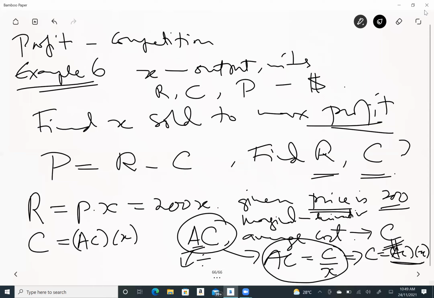So I put here, that will be equal to 80 plus X multiplied by X. If you do that, you get 80X plus X squared. That is the cost. Now I have revenue, 200X. Cost is 80X plus 80X plus X squared. So therefore, we get the profit. So profit now is equal to 200X minus the cost, which is